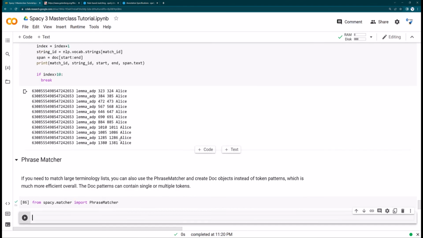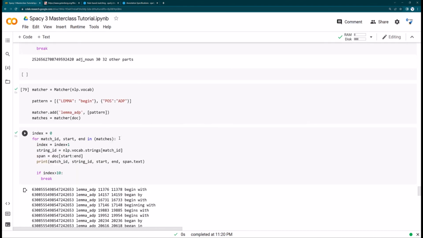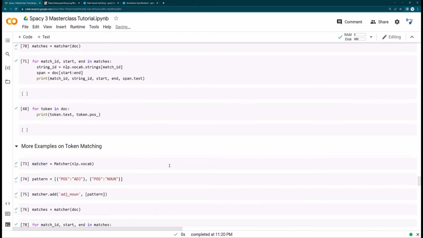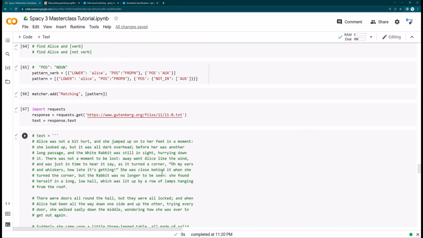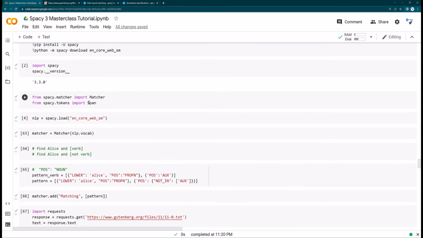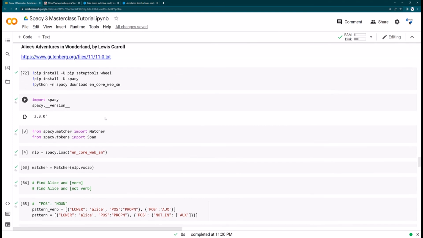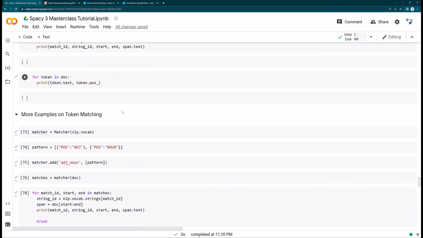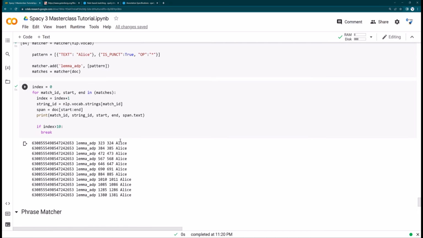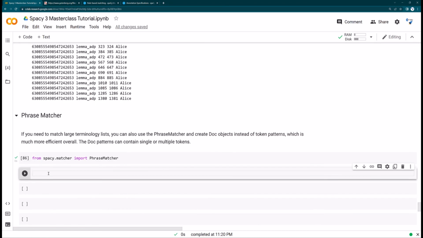Earlier we imported other objects like spaCy itself, the Matcher and the Span. So all these we have downloaded and installed, spaCy. You might have watched the previous videos. If you have not watched them, you need to watch those videos to properly install spaCy and import all the necessary